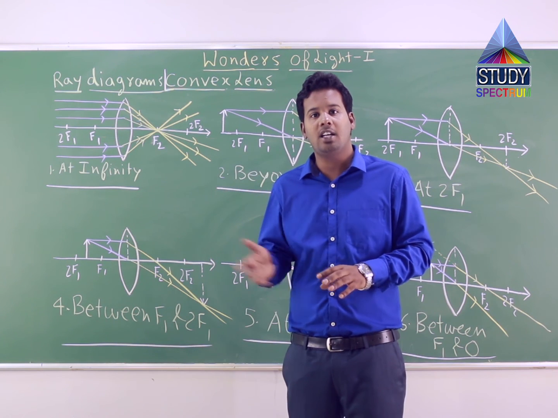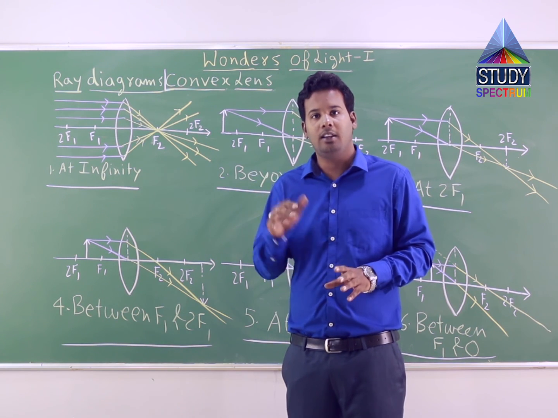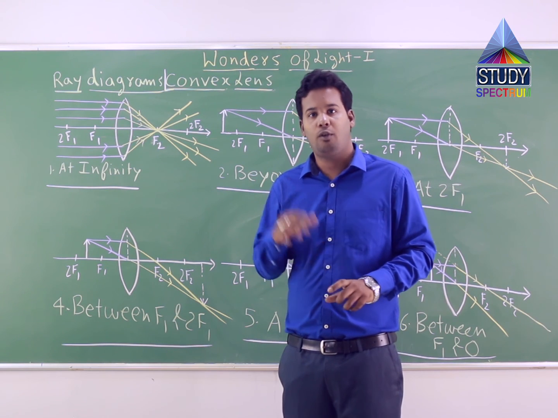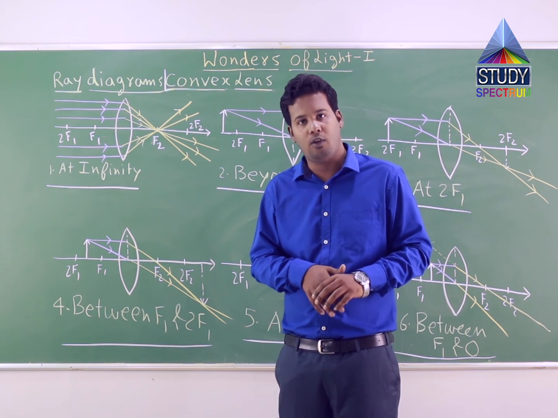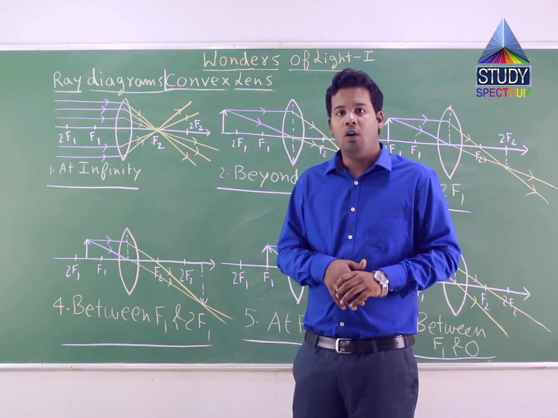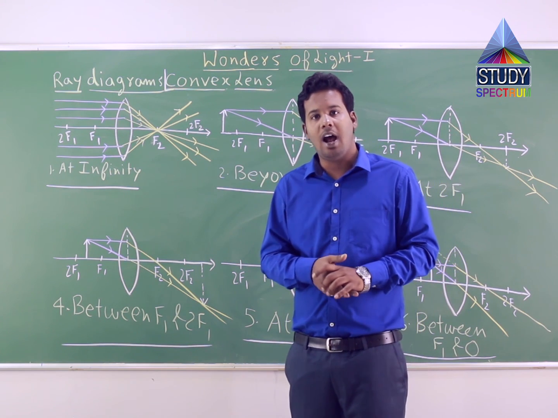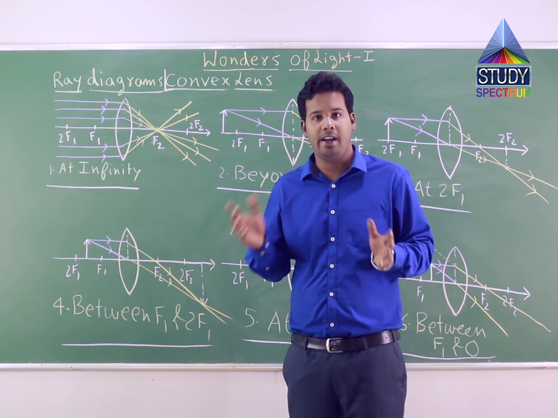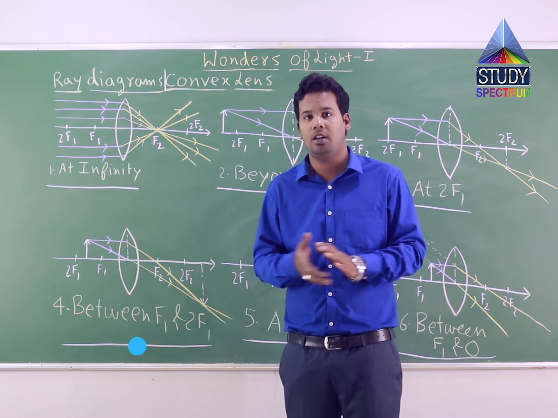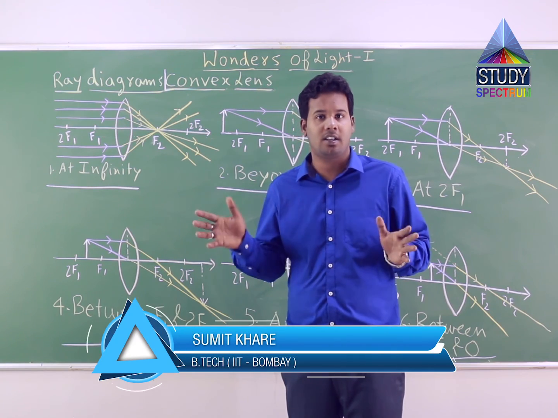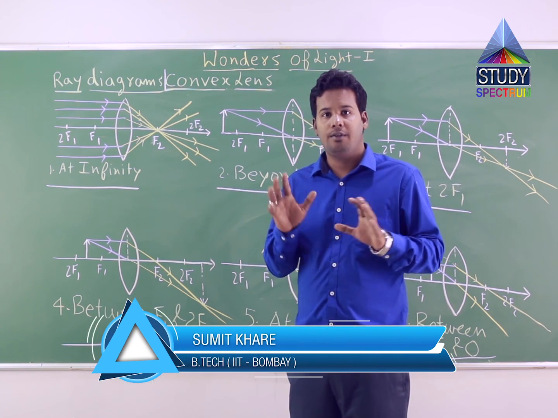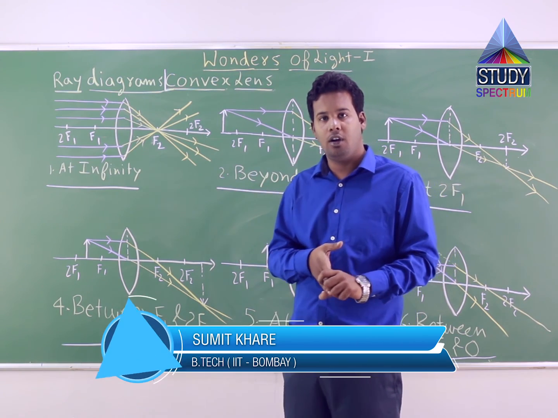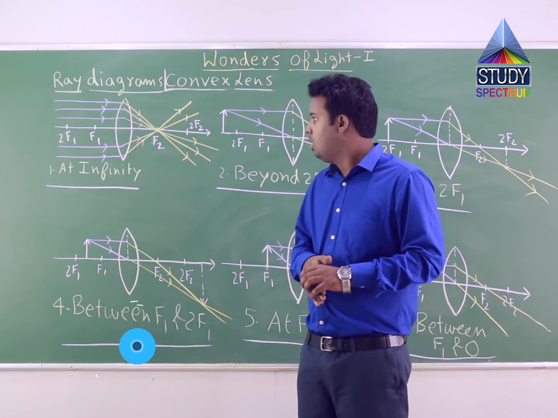But if the data has been given in a numerical, then in that case you have to take whatever the values have been given for lens formula also and for magnification formula also. Correct? Now, for both theoretical questions and numerical questions, where the questions ask about nature of image, size of image, position, location, real image, virtual image, etc., you have fixed type of ray diagram which I have drawn here and will explain in a very short session of time.